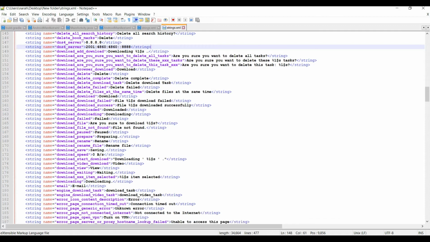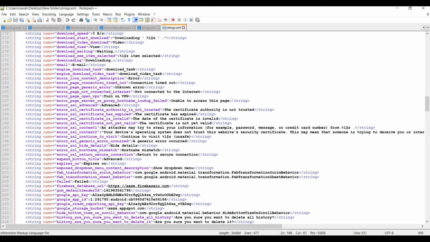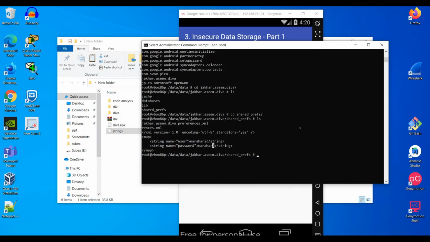Let us scroll down. Here you can see the Firebase URL they have directly encoded here. The original application's Firebase URL was encoded here. For this demo, I don't want to disclose their database URLs, their sender IDs, and their Google API keys, so I have made some modifications here. Here you can see this is similar to the original.